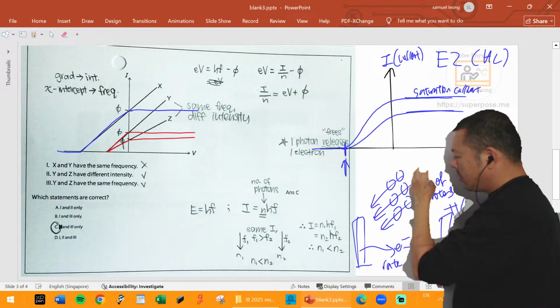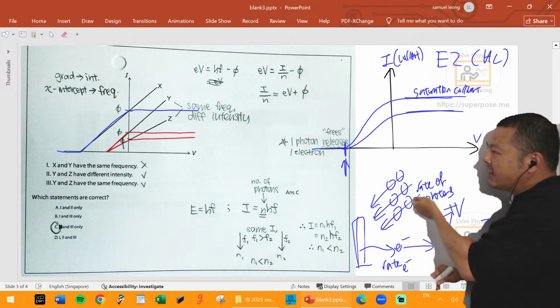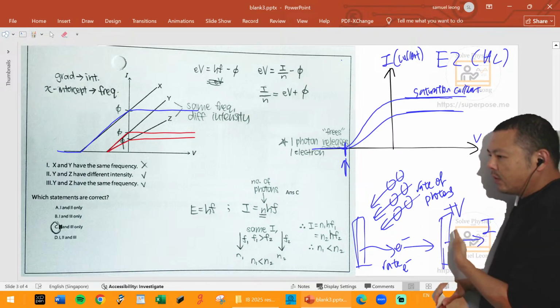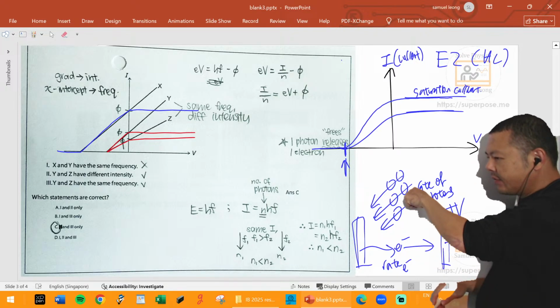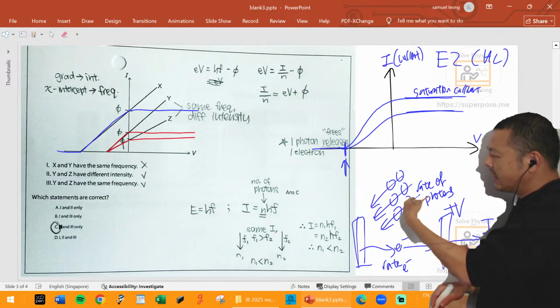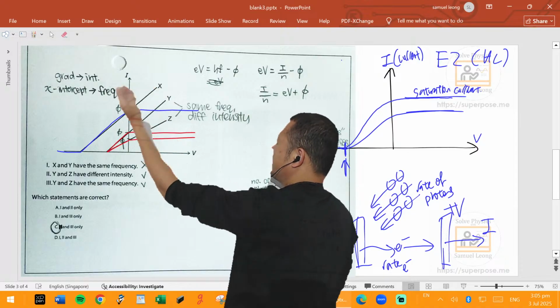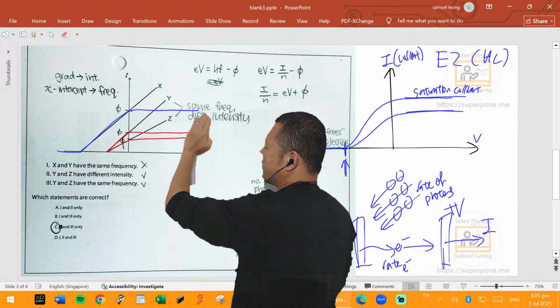That means your light, as you're shining it, you're increasing the intensity as you go along. It's like you're changing this to positive voltage and they're also increasing the intensity at the same time. Like you're giving more rate of photons at the same time, which is why the current keeps on increasing like that, which makes no sense. You're supposed to reach a saturation current.